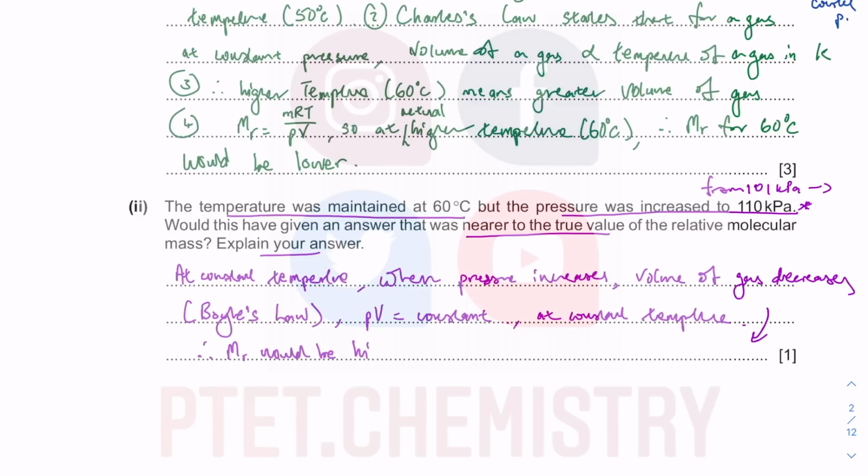So that is actually answering the first part of the question. As for the second part, which is explain your answer, we haven't really stated the first part of the question yet. Would this have an answer that was nearer to the true value? Previously we have the MR that will be lower, and here the MR would be a bit higher. So in reality, this gives a value nearer to the true value